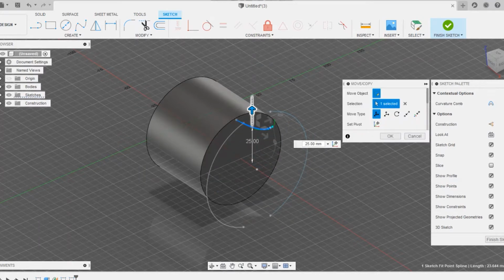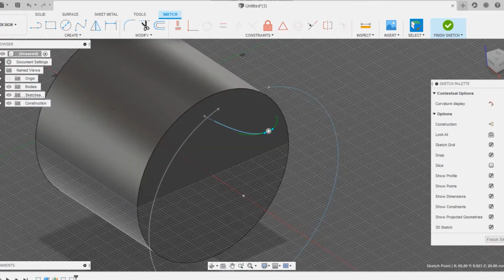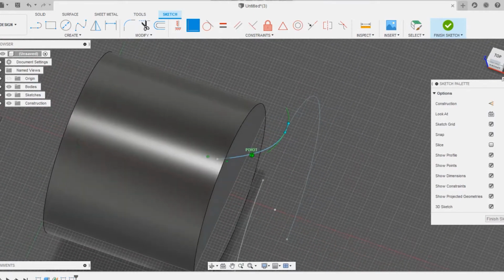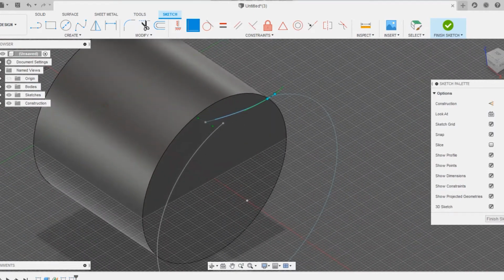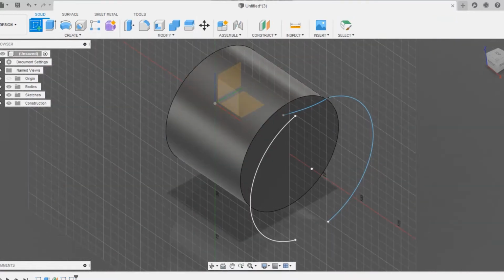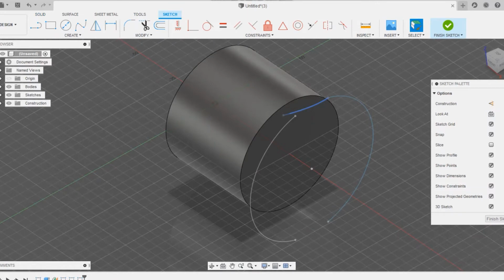Now we are going to coincidence the 2 points. Now you can see I'm just clicking on the coincidence and selecting the 2 points. It got coincidence. It now has a connectivity from the base to the half circle line. Now you're going to see we are just going to offset, choose the same horizontal plane. Now you're going to Ctrl plus C and Ctrl plus V